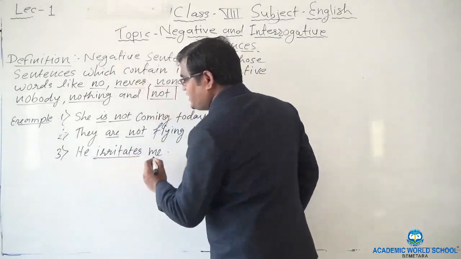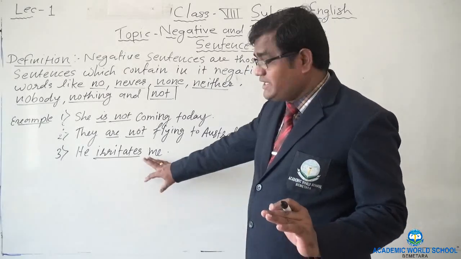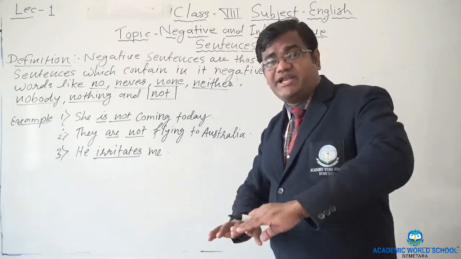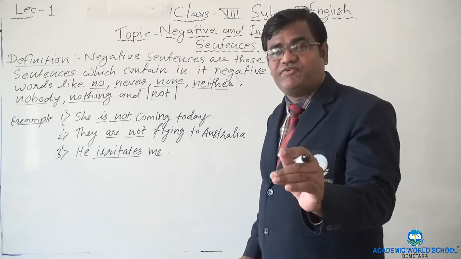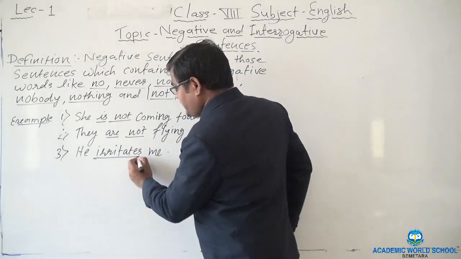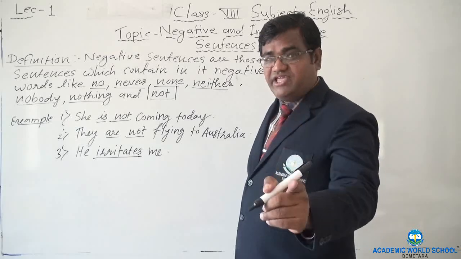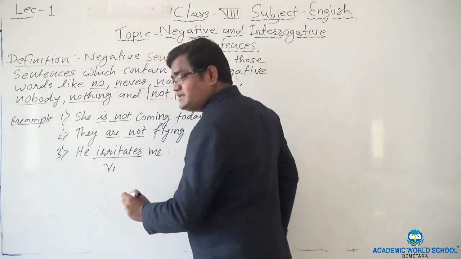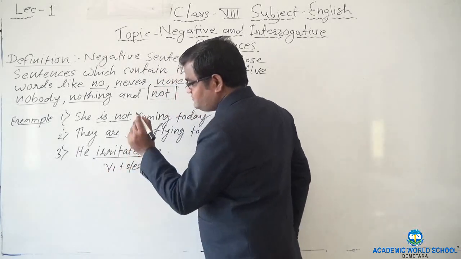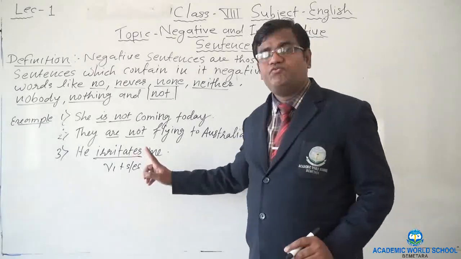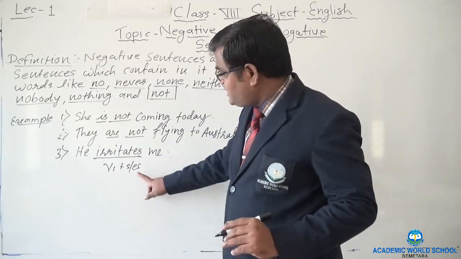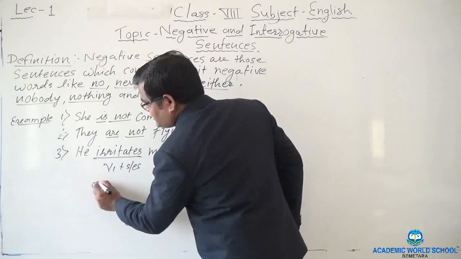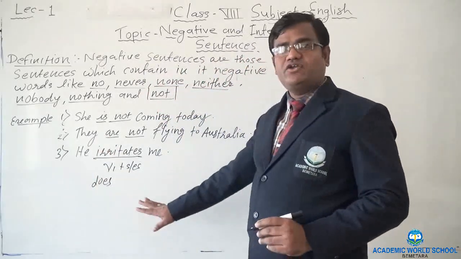First of all, you have to find out the verb, right? If you do not have a helping verb, find out the main verb of the sentence. Then find out the form of the verb, whether it is in first form or second form. Now, S or ES has been added, and we add S or ES only in the present form. So here it is V1 plus S or ES. The rule says whenever the verb is in its first form with S or ES, the helping verb we use is does. Now you have got the helping verb.